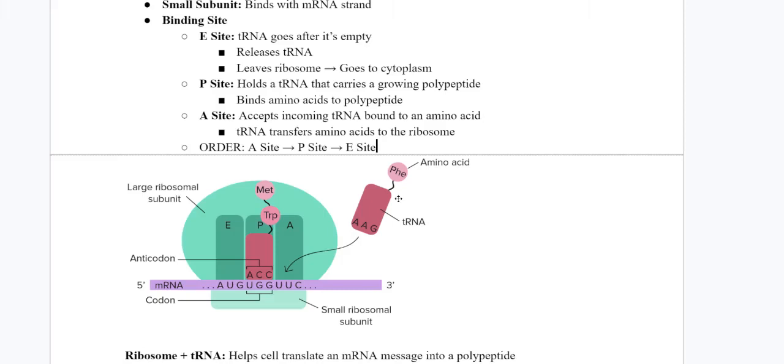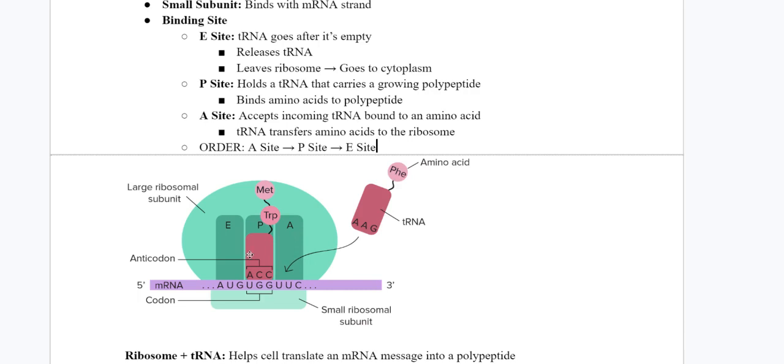Anyways, so this goes to the P side. If you see here, this tRNA, which is bound with this amino acid, goes here and binds this. See, this PHE will go to the P site and will bind here. So this tRNA moves here, right? It binds there, and then this amino acid is transferred to the ribosome, and then later in the P side, this tRNA goes